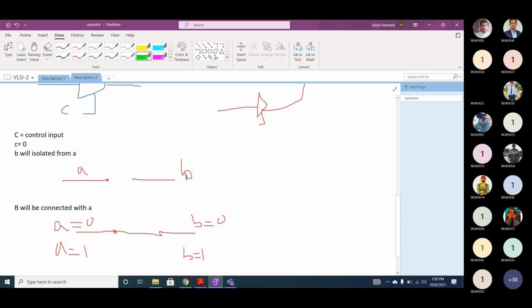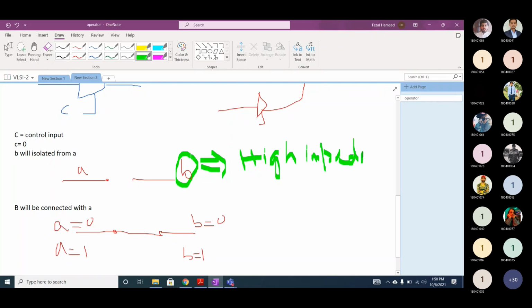But what about the first case? What will be the value of B in the above example when the control input is 0? It will be called a high impedance state.